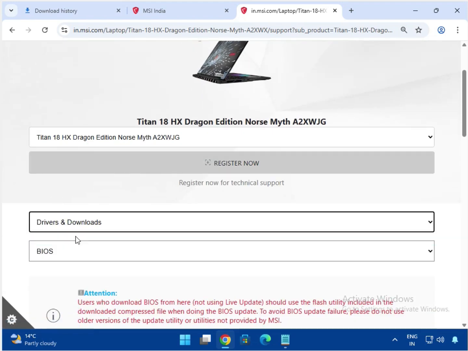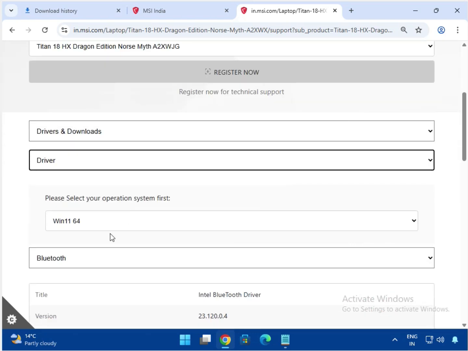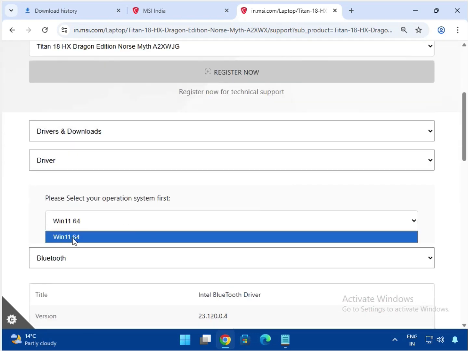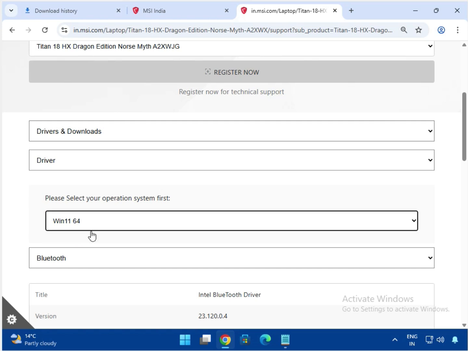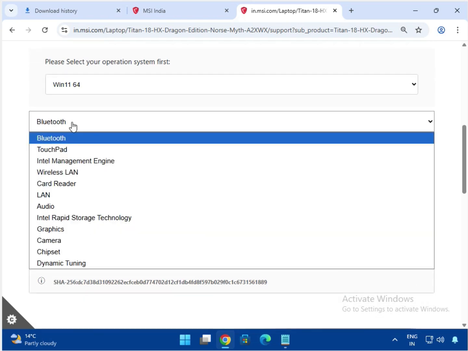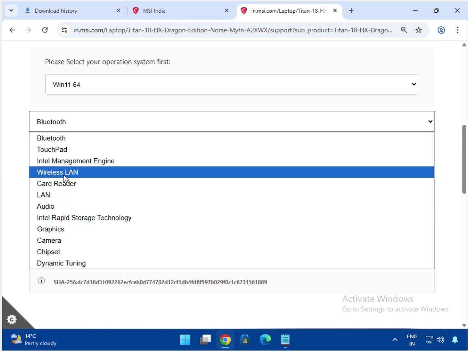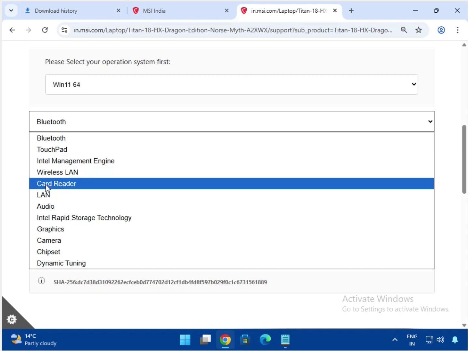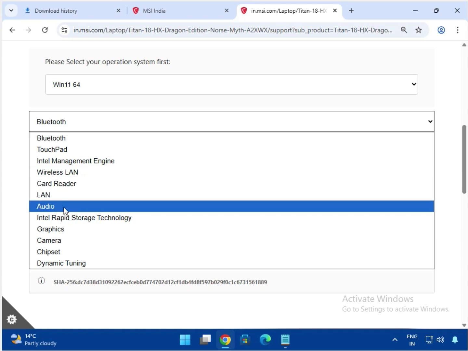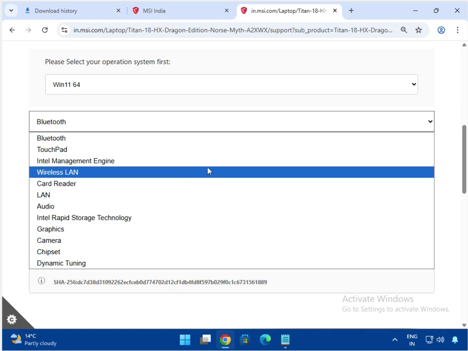Select the driver and download, then click to BIOS and select the driver, then scroll down. By default select the Windows 11, so this laptop only supports the Windows 11 operating system. Then you can see the Bluetooth, touchpad, management engine, wireless LAN, Wi-Fi driver, card reader driver, LAN driver, audio driver, graphic driver, camera driver, chipset driver, and all are there. Okay,